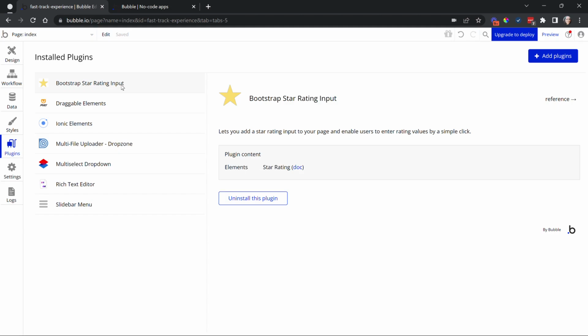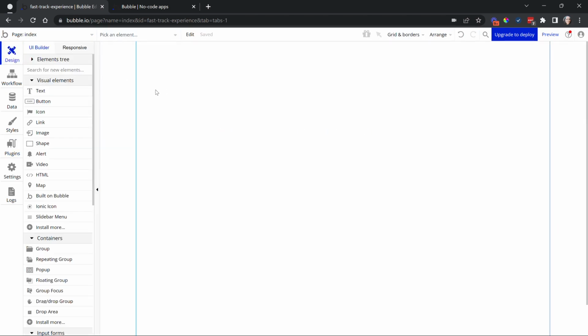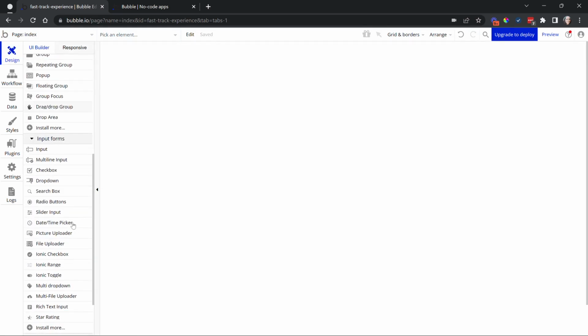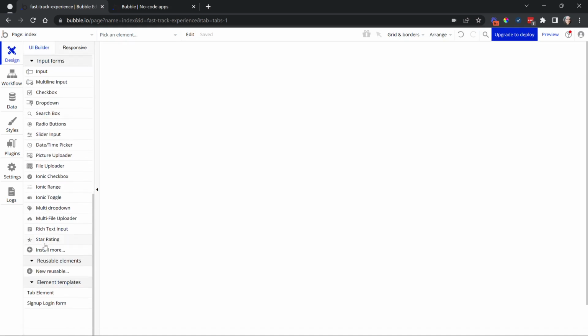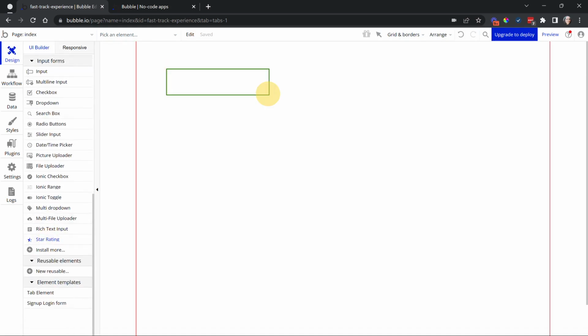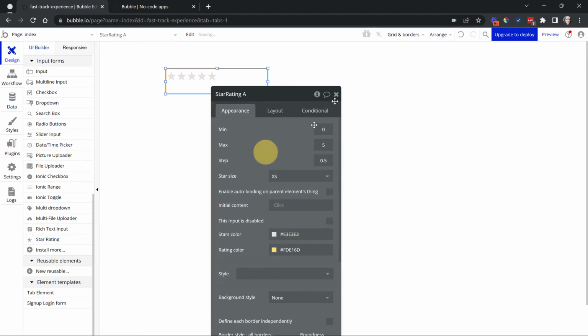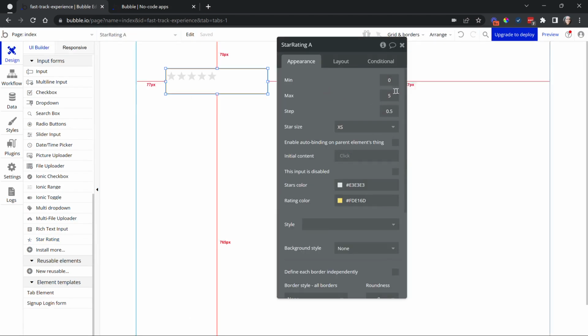Okay, so the first plugin that we're looking at here is the Bootstrap Star Rating Input. So if you have functionality where your users are going to rate things or give some kind of a review, this is a great common type of interactivity that you can add here. This is an input because technically the user is interacting with this to output some numerical value. So we can find, now that we've installed that plugin, the star rating is something we can add to our design. So I'm just going to draw it onto my page,